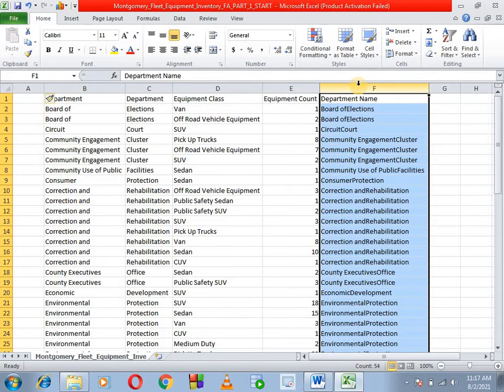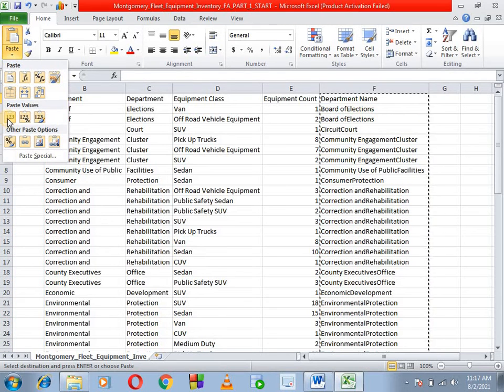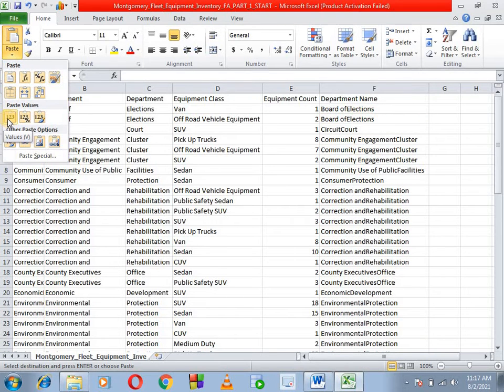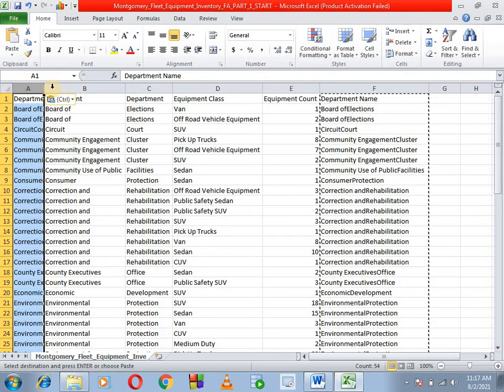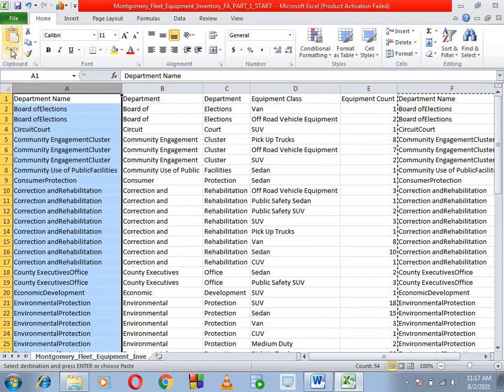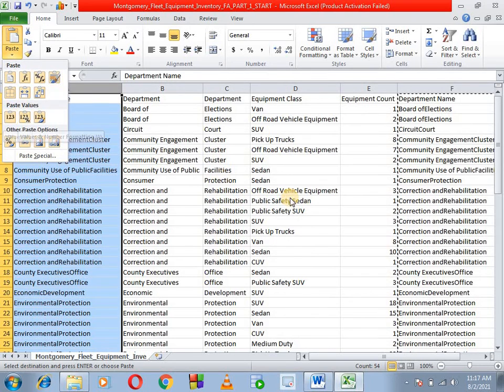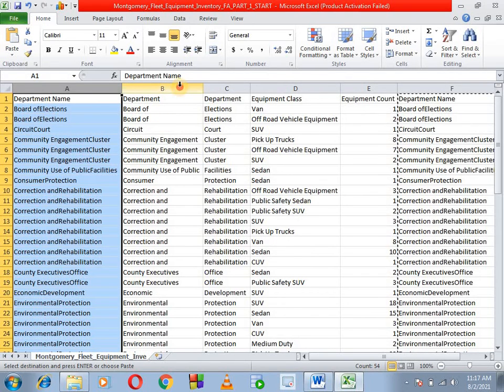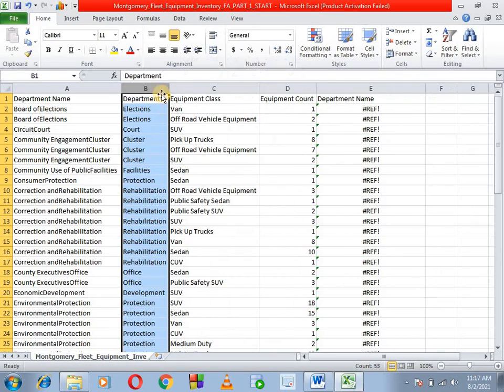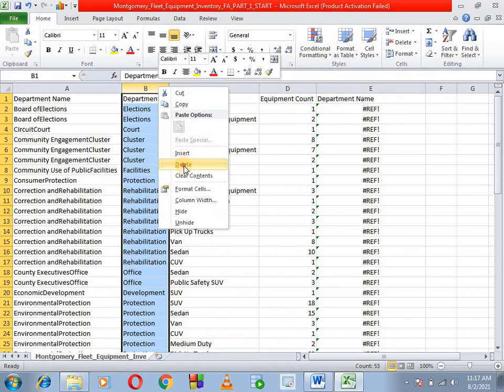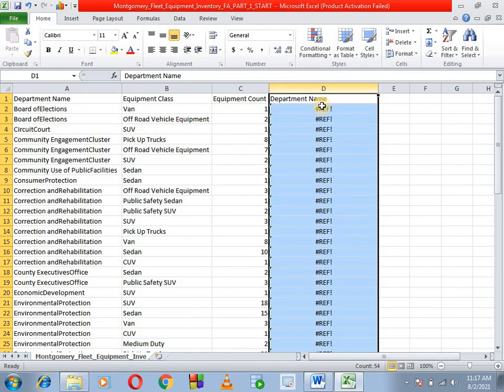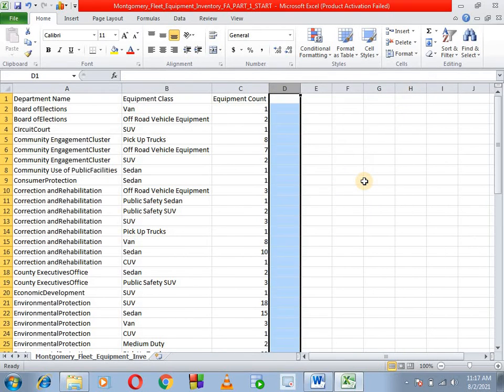Then select this, Control C, copy, and in the paste options choose paste values only. No references, no functions, no formulas, only values. Then we can delete this, and nothing will happen. We can delete this column also.